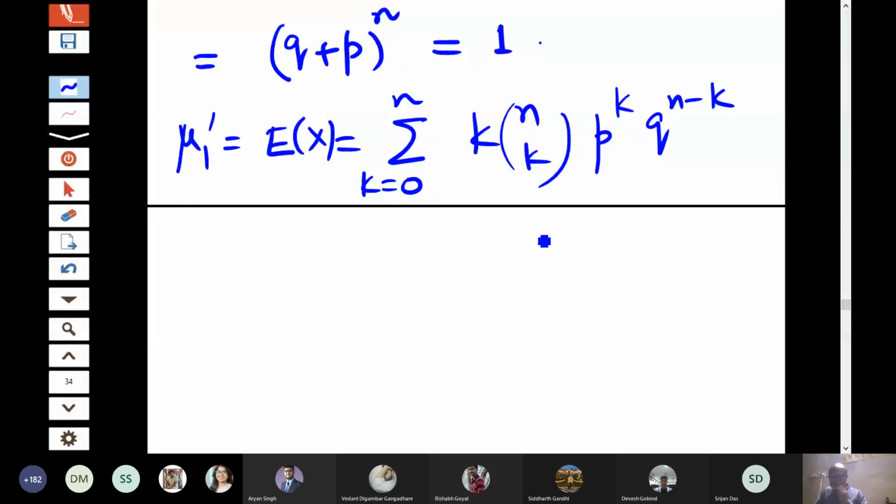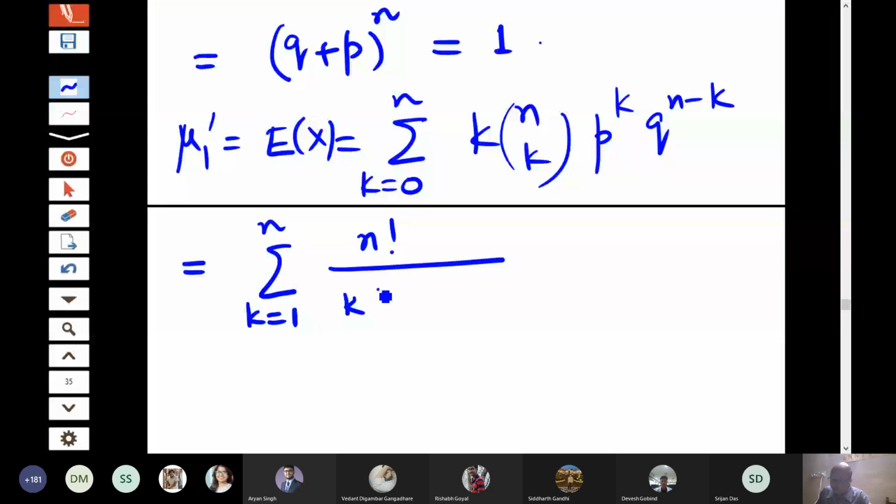Now you see that the sum of nCk p to the power k q to the power n minus k became an expansion of the binomial series. If I multiply by k, then there is a little problem here. So we apply a small trick. Of course, k equal to 0 to n, but for k equal to 0 this term is actually not there, so we can write k equal to 1 to n, because for k equal to 0 this will become 0. Then you consider n factorial divided by k factorial into n minus k factorial, and this k is here. So this k you adjust with this.